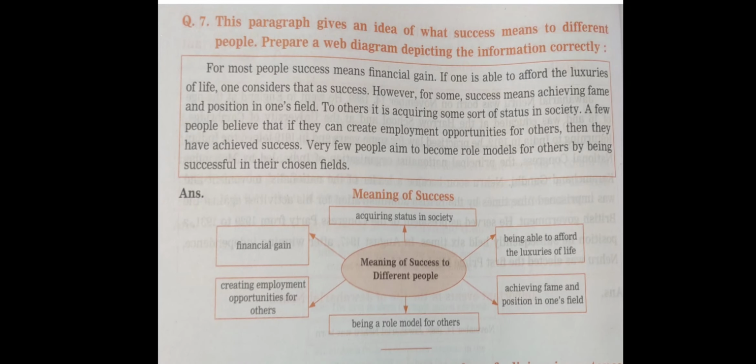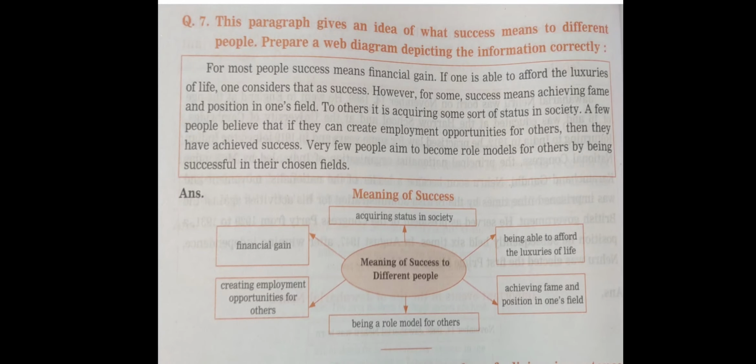The passage is given. This paragraph gives an idea of what success means to different peoples. Prepare a web diagram depicting the information correctly. Now, if you have seen, the information related with the peoples to whom what is the meaning of success is given. The different meaning is given for each and every person. That you have to transfer into a web diagram. See,